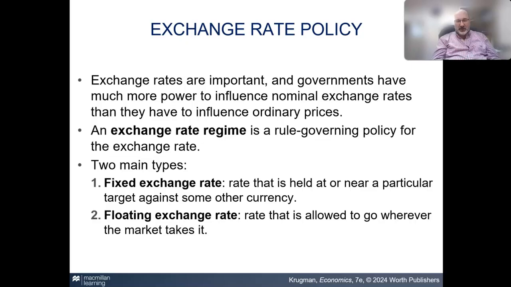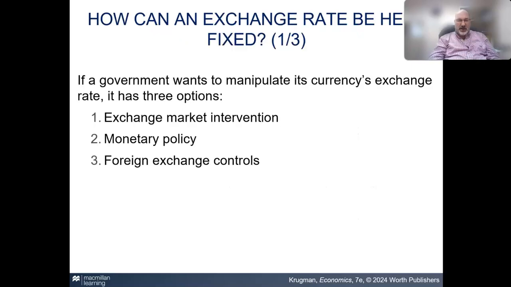It's just a bad thing to do. So when you do that, people don't really want to deal with you as much. If the government wants to manipulate its currency's exchange rate, there are three options: exchange market intervention, they do it with monetary